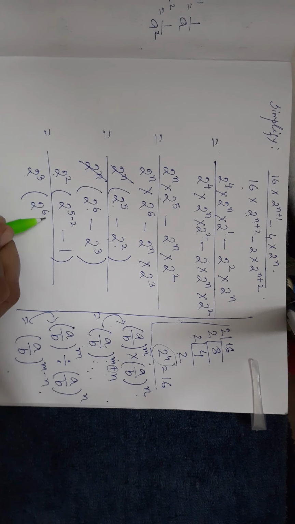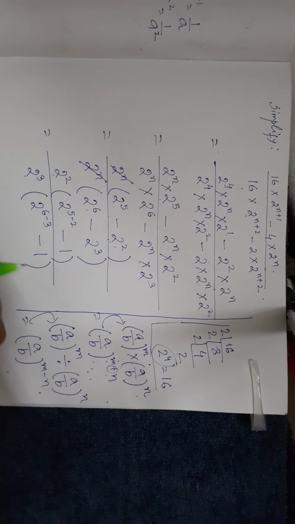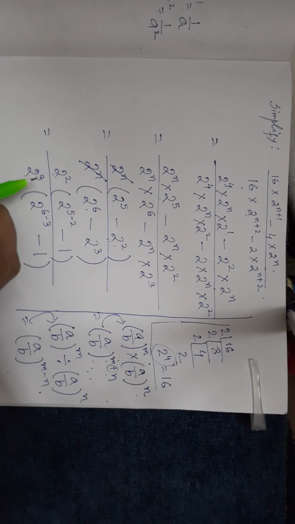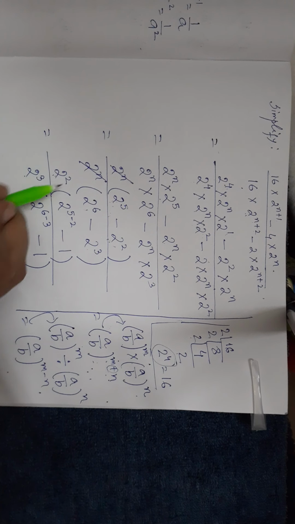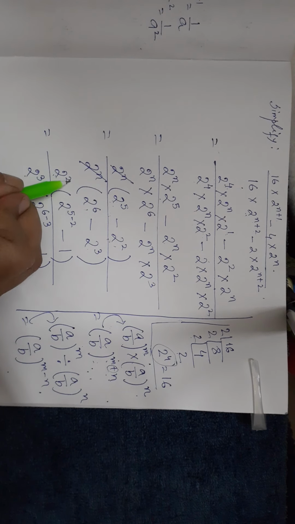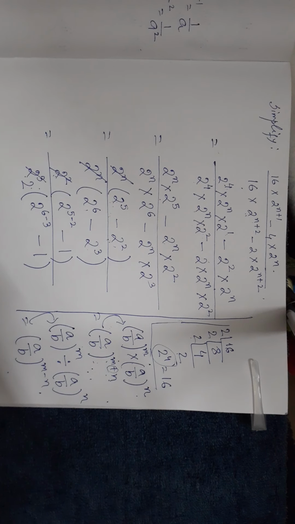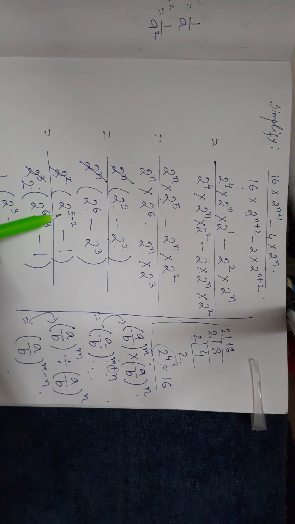So we will write 2 raised to the power 6 minus 3 and then minus 1, because 2 raised to the power 3 already we are taking out. Now this is 2 raised to the power 2 and this is 2 raised to the power 3. That means if we are cancelling these two, we are getting only 2, and in the denominator and numerator, what are we getting? From this we get 2 raised to the power 3 minus 1. This one is also coming 2 raised to the power 3 minus 1.